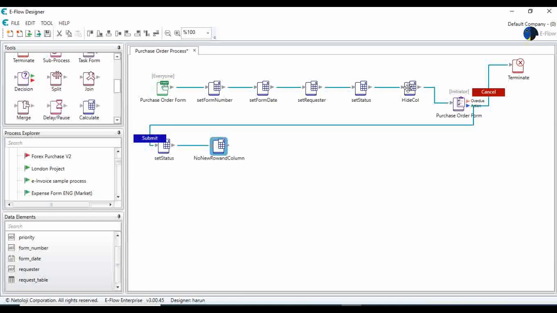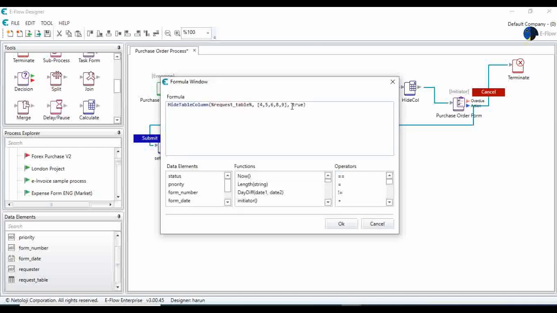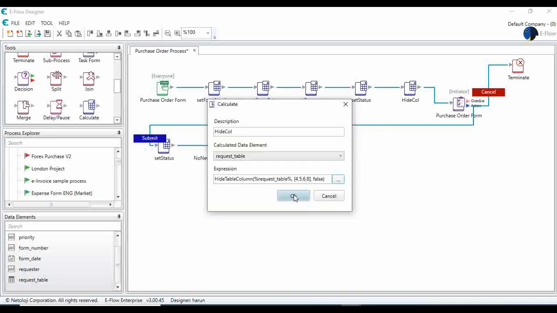I want the purchase department to edit the table maybe, so I just copy and paste this hide column function, and this time I want to make it false, but again it's not for the purchase manager yet, so let's not make them change the checkbox. So I still keep checkbox read only, and I don't show it to the first purchase staff. Okay, and let's say unhide column,